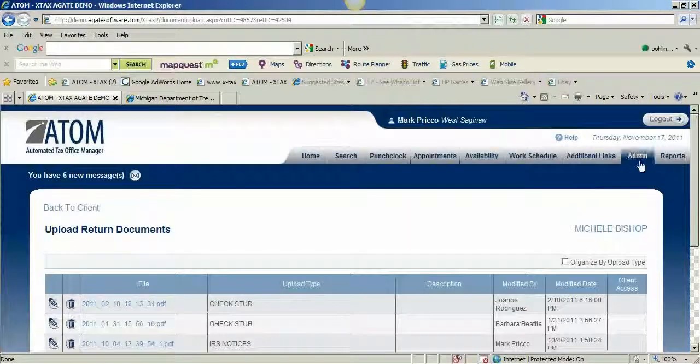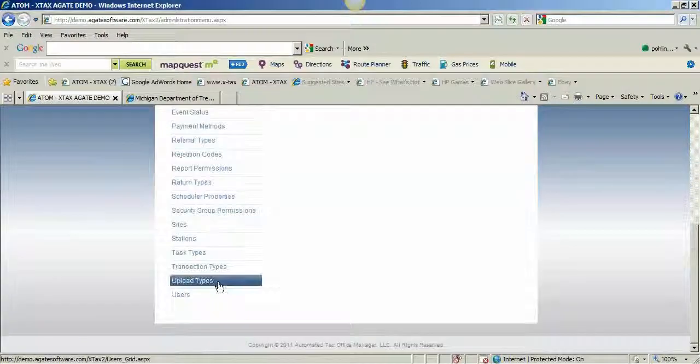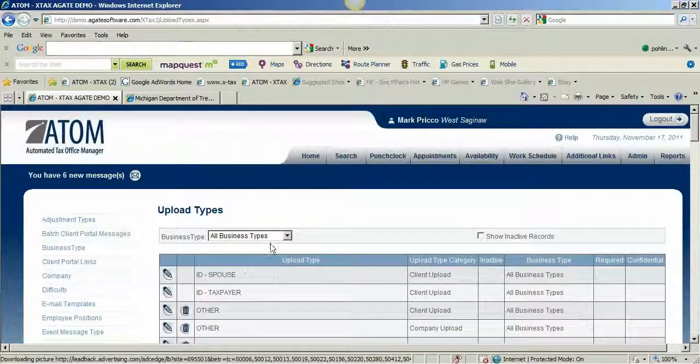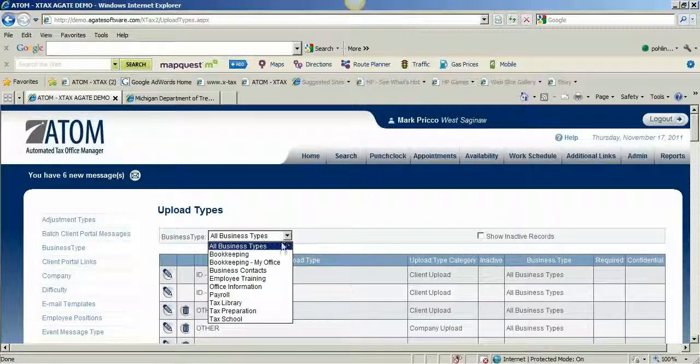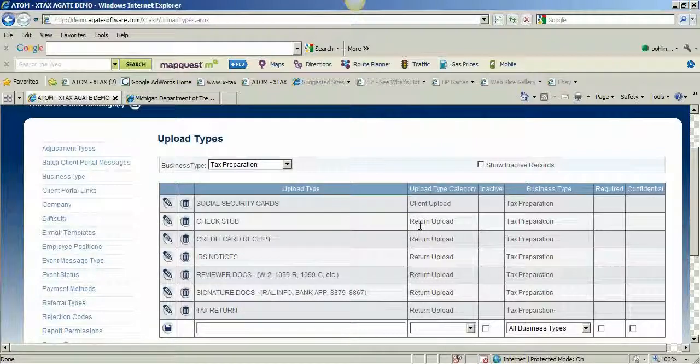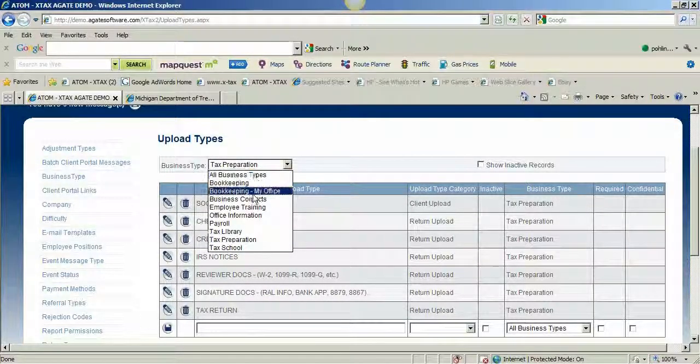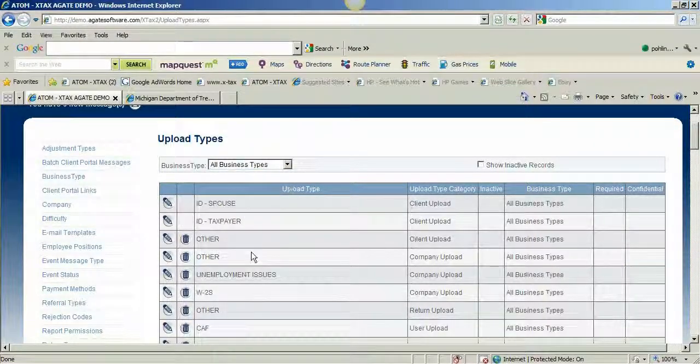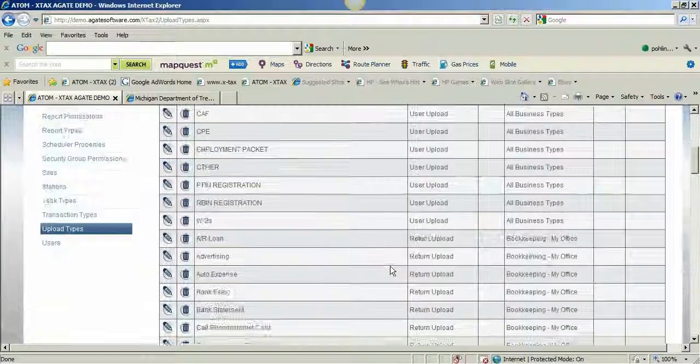So if I now go back to Admin and Upload Types, these are filtered by business type. If I just look at my business type tax preparation and focus on my return uploads, I have my check stub, credit card receipt, IRS notices, reviewer documents, signature documents, and tax return. I believe there was one other called other there, but there's also a business type called all business types. And if you see down here under return uploads,